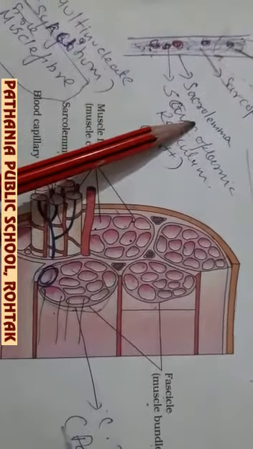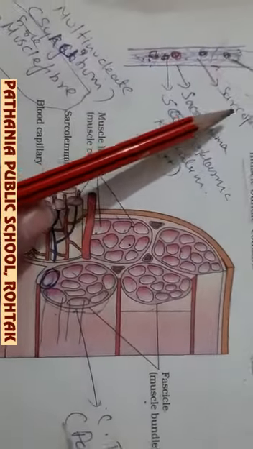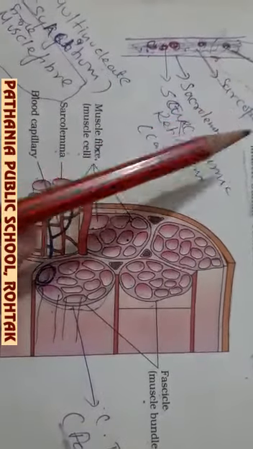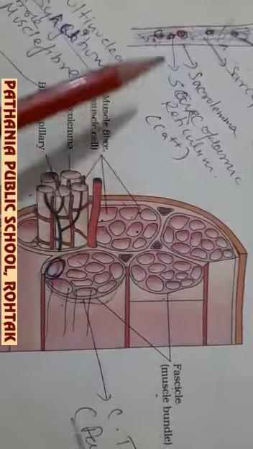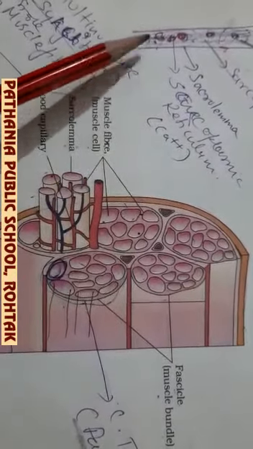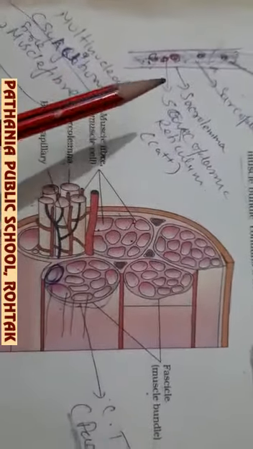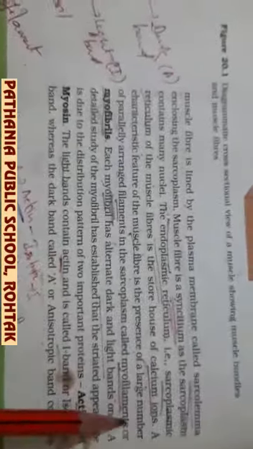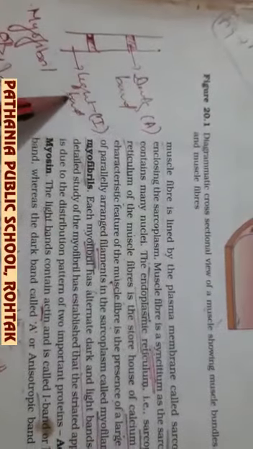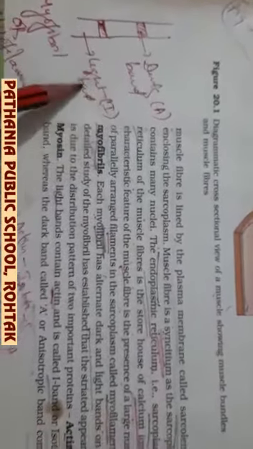This is the membrane, sarcolemma, the plasma membrane. Sarcoplasm is the cytoplasm. The sarcoplasmic reticulum, which releases calcium, is the endoplasmic reticulum of the muscle fiber. First thing you are to recall this. Now these muscle fibers are actually made up of myofilaments. They have dark and light bands, and these dark and light bands are actually made up of myofibrils or myofilaments.